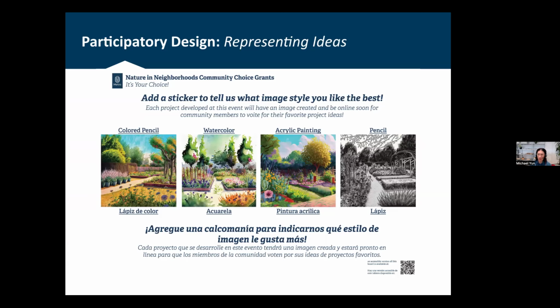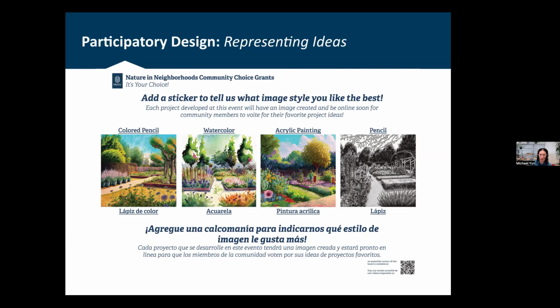So we worked with Metro to land on using Adobe Firefly as a tool to scale our concept level graphic representation of some of these ideas. Now, keep in mind, this was 2 years ago, but the reason why we landed on Adobe Firefly is it's trained on stock imagery, so it doesn't contain the ethical issues that came along with something like Midjourney, which is trained on all imagery online, for example. So that was a happy medium for us.